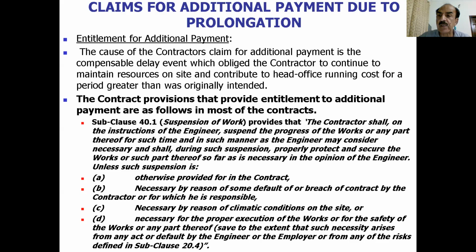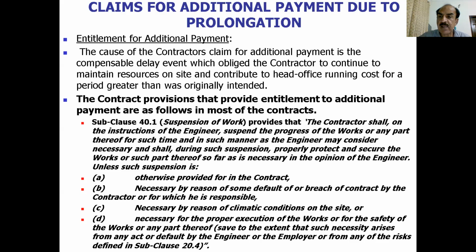For example, we normally suspend the work in the cold weather in Gilgit, so this is normally provided in the special conditions. Number two, necessary by reason of some default or breach of contract